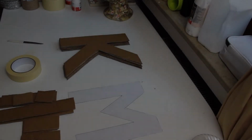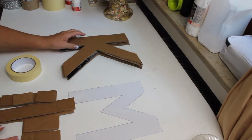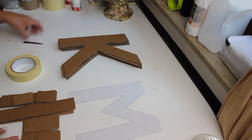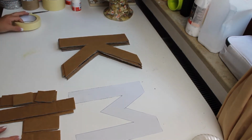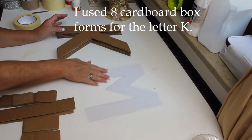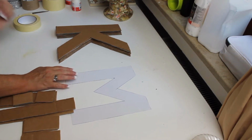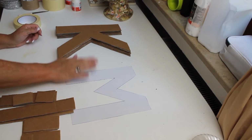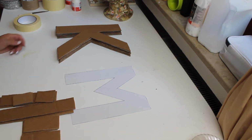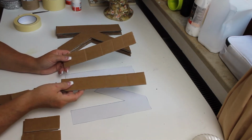The things that you're going to need for this video is, of course, old cardboard. I have bought boxes from things that I bought, and also boxes from Amazon, of course. And then I have also a letter that I decided that I wanted to do a different way, so I made a printout. And now with this printout, what I'm going to do is make a mold